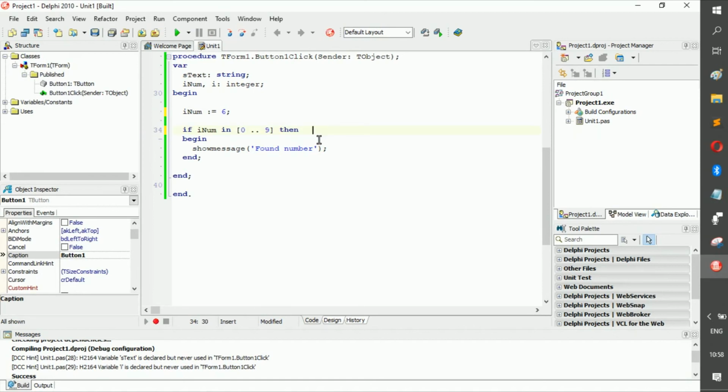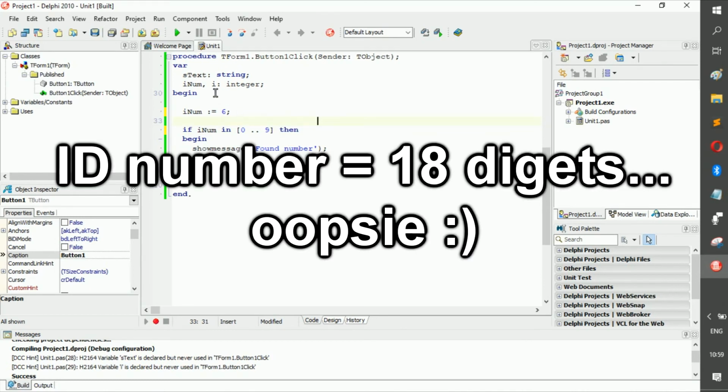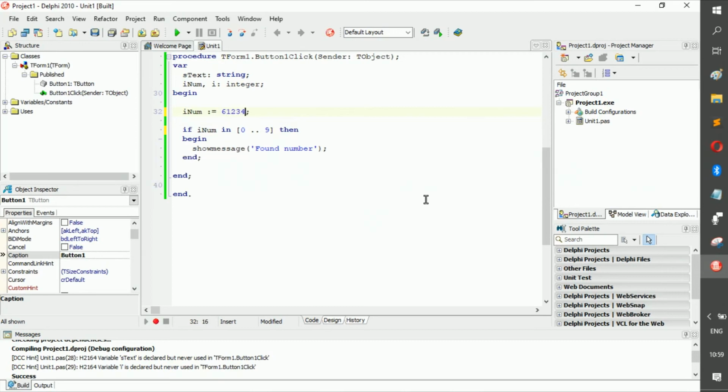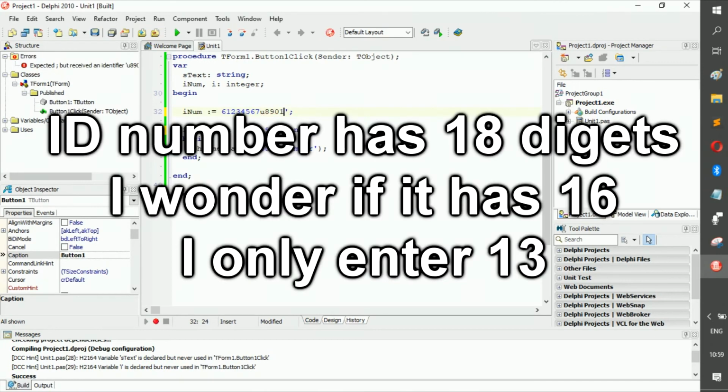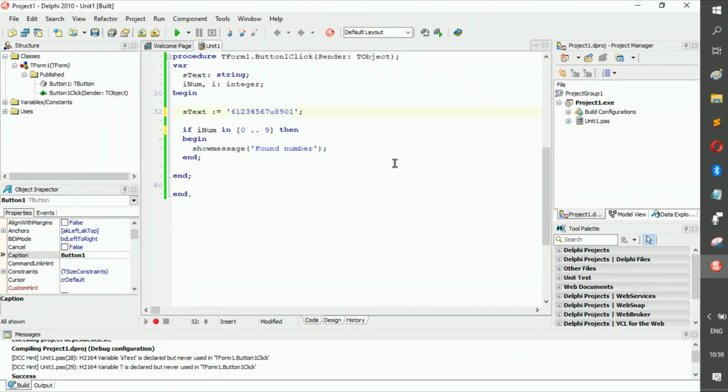Now you might be thinking, how is this useful in any way possible? Let's say you're trying to validate someone's ID number. Now, let's say this is their ID number. I think the ID number is about 16 characters or 16 numbers. So 1, 2, 3, 4, 5, 6, 7, 8, 9, 10, 11, 12, 13. Let's just put this in a string and call this stext. Now this is their ID number, let's say. I think they should have 13, I think. Anyways,